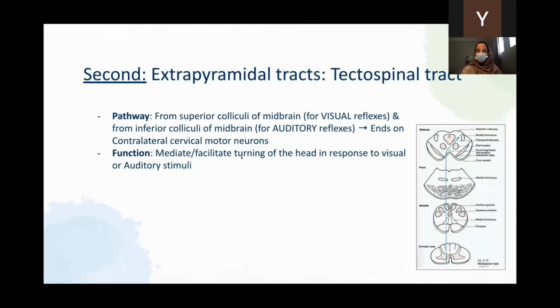Okay, now we'll talk about the tectospinal tract. The tectospinal tract comes from the superior colliculi of the midbrain. عندنا brain اللي هم superior and inferior, basically two superior and two inferior, and lateral motor neuron. طيب عشان remember which one is the superior and which one is the inferior. Superior, your eyes are